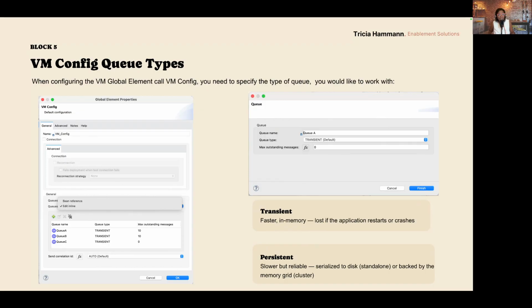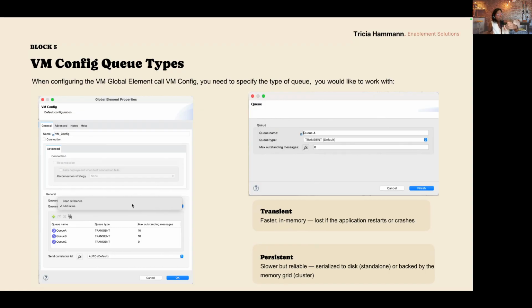Then there is a term that you are seeing here, and this is the max outstanding messages. In this case, we have 0 messages. So you can define the maximum quantity of messages that are going to be available in the queue. If this maximal quantity of messages is reached and a message arrives, then this message is not going to be saved in the queue.